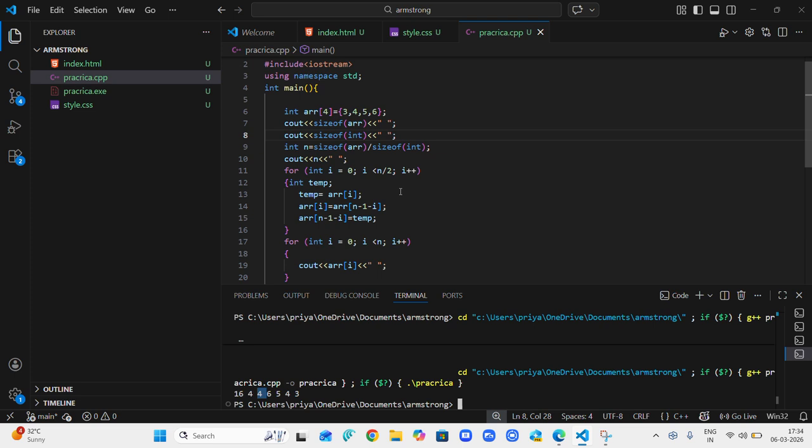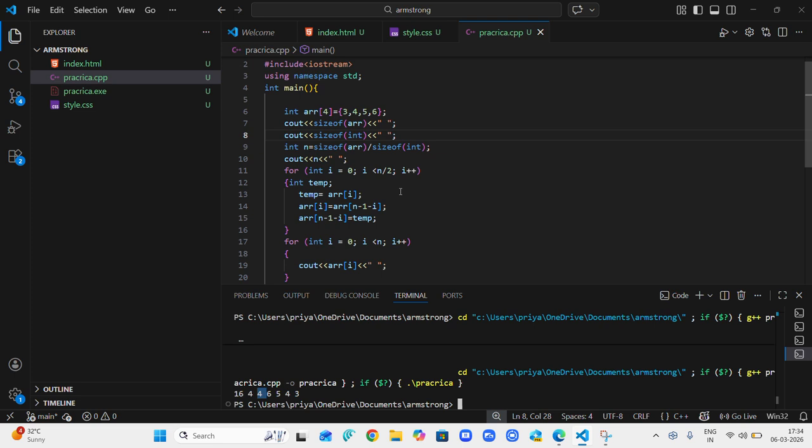Stored. Now why am I putting the condition n by 2? The basic logic applies here. 4 is the size of the given array. I'm doing 4 by 2, so I'm going till 2. Why am I going from 0, 1, 2 only?